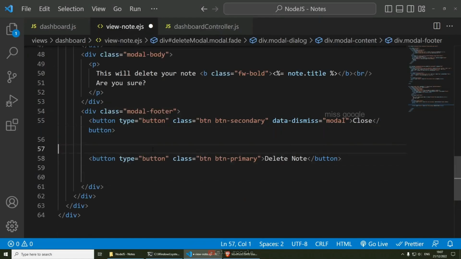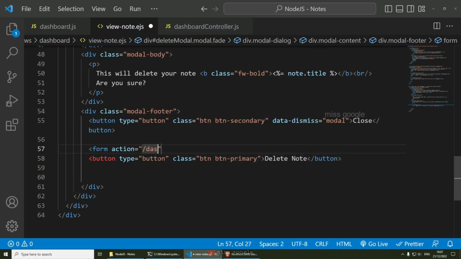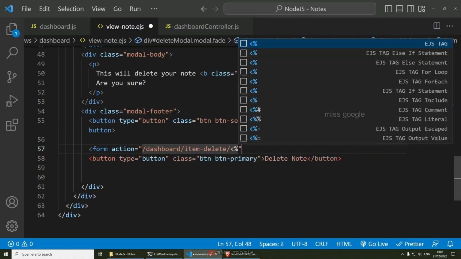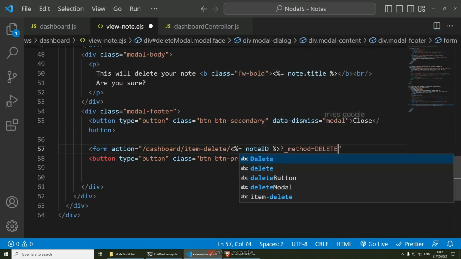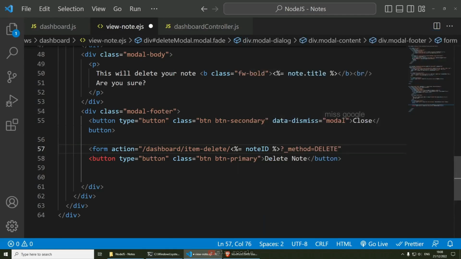So inside here, we're going to do a form, and then we're going to do action, and the action is going to be dashboard, and then item delete, and then we're going to bring the node ID, and then we're going to close EJS like so. After this, we're going to do question mark, and then again method, and this is going to be equals delete like so. And then we're going to do method posting here,